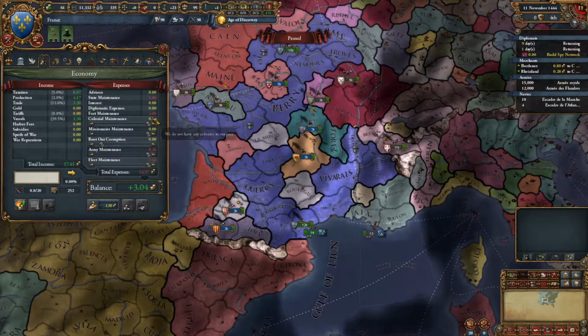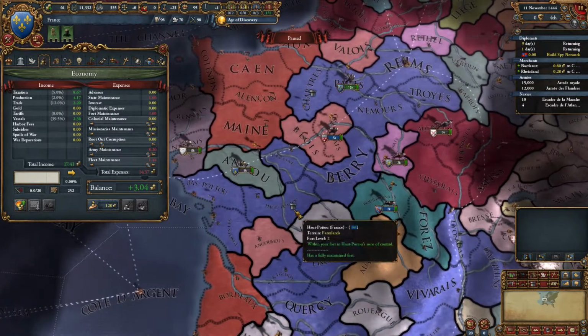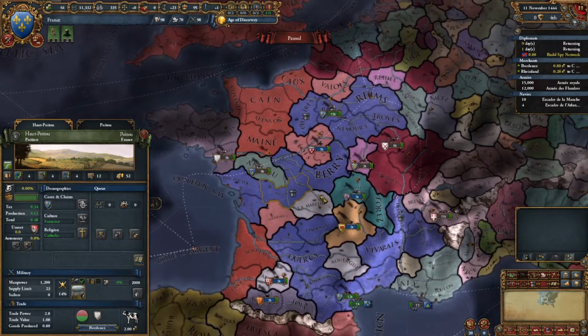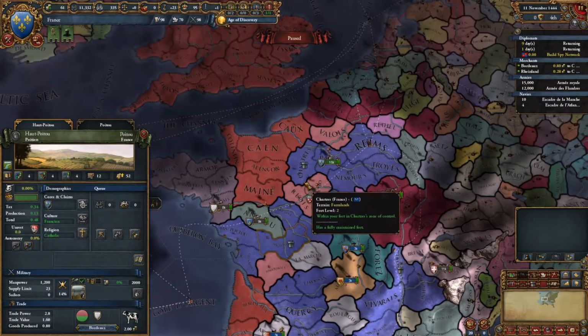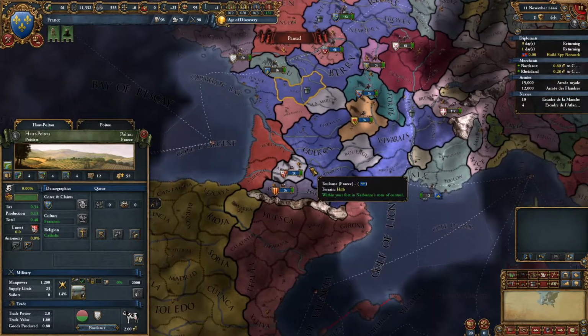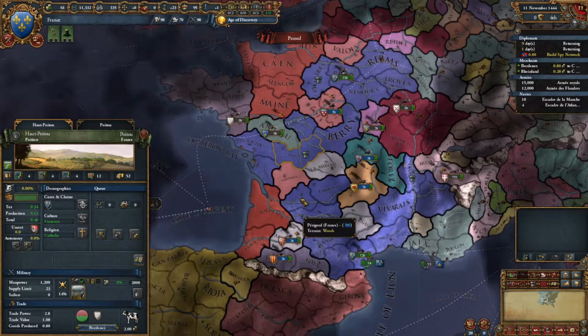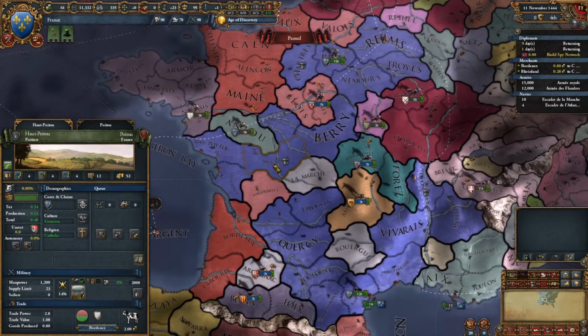Hey, we're making 3 ducats a month. We now only have 3 fortifications. This fort over here is kind of in the middle of our country. It's not really on the border. This one's actually kind of bordering England up here. This one's kind of like, what is it doing? We have all of these other buffer zones around here. We have Provence as a buffer zone. You know what? I'm going to probably...